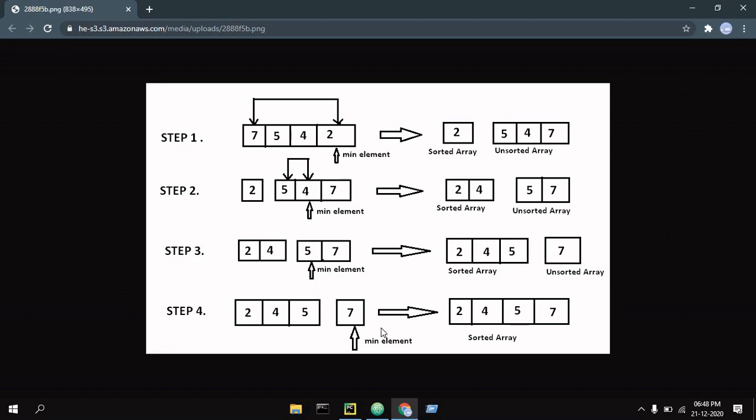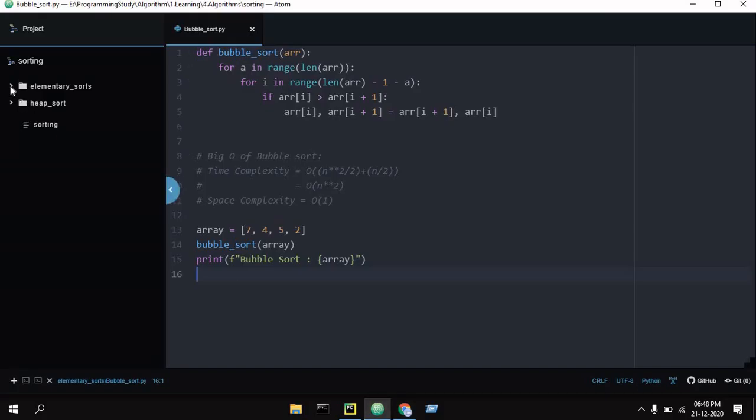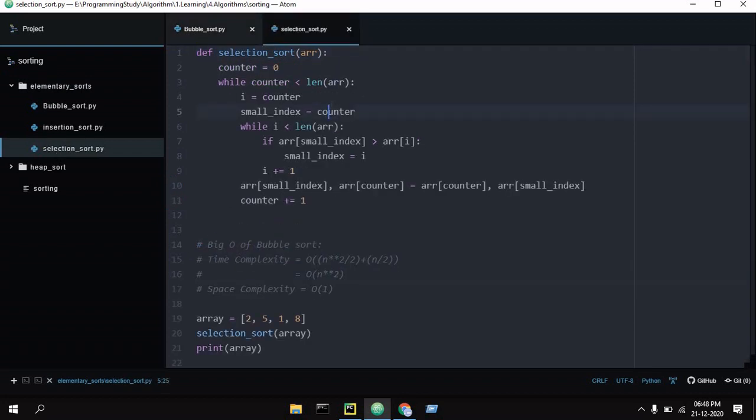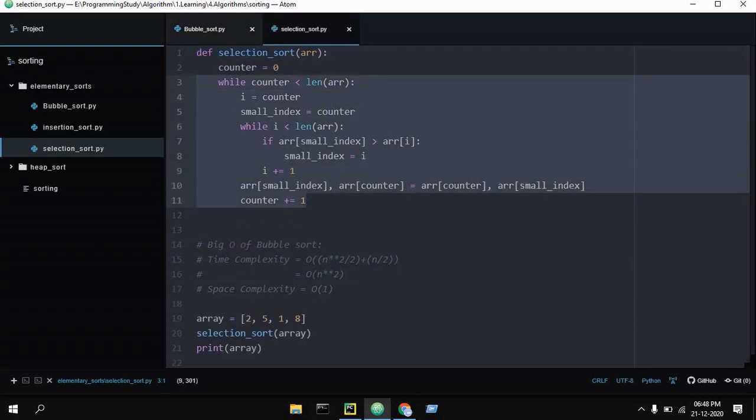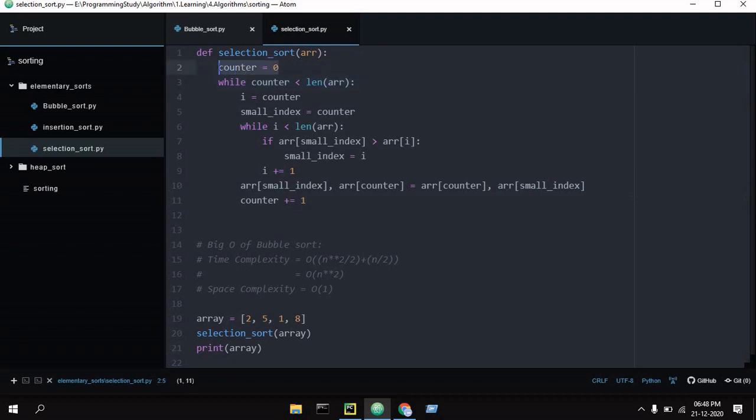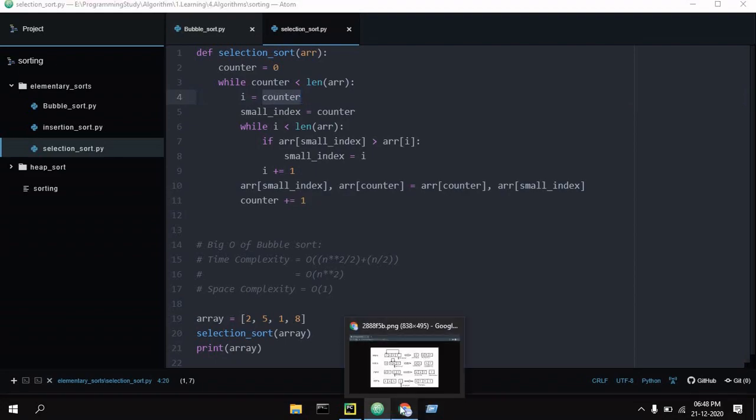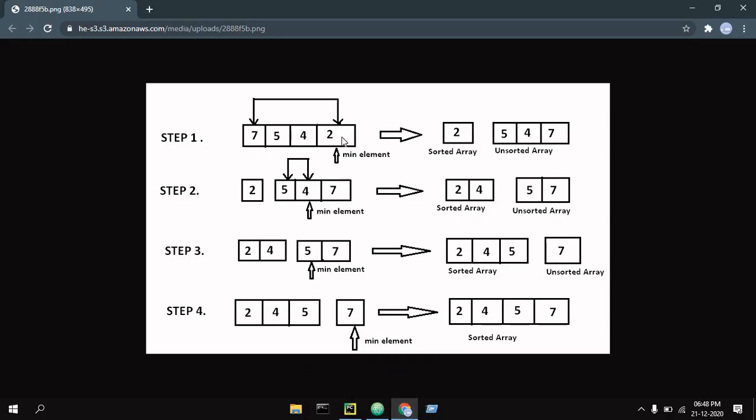So here are the steps, and when we take a look at the code you will see more clearly what is happening. I am taking a counter which will increase on every loop, meaning every time a loop ends. So the counter is at 0. I am assigning the index value I to the counter, as here you can see the minimum was 2 and it was shifted to the first.